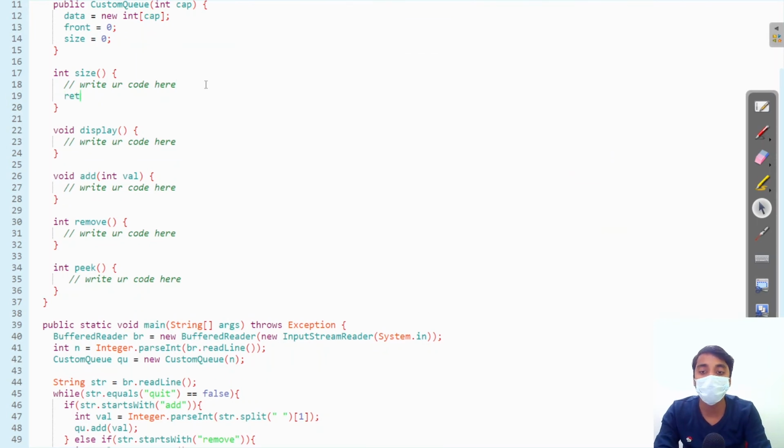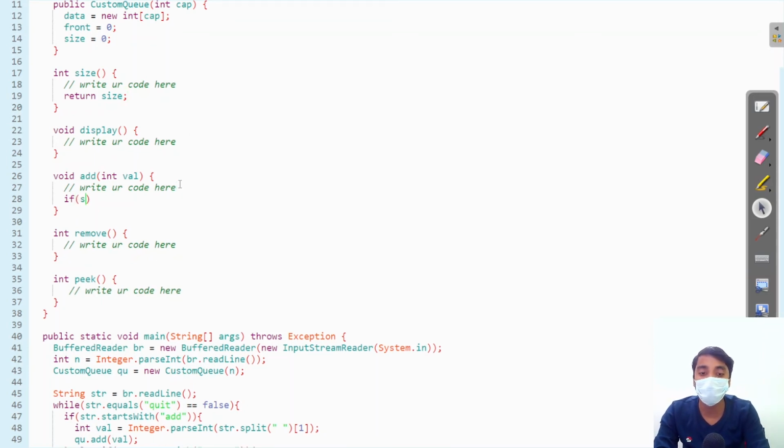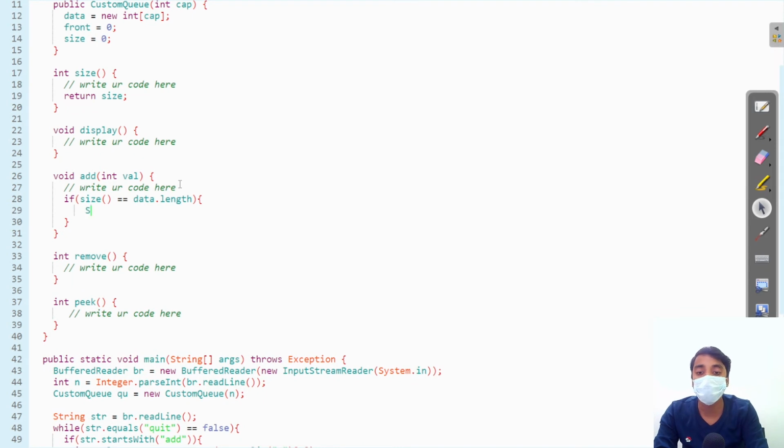So for the size, return size. Now for adding an element, first we need to check is our size equal to data dot length. If it is true, this means our queue is overflowed.